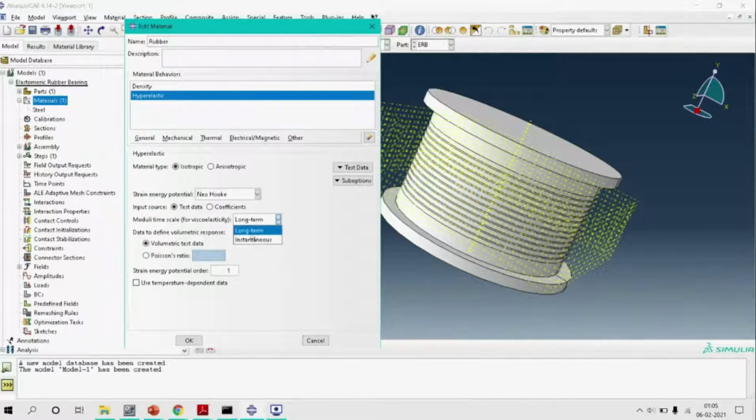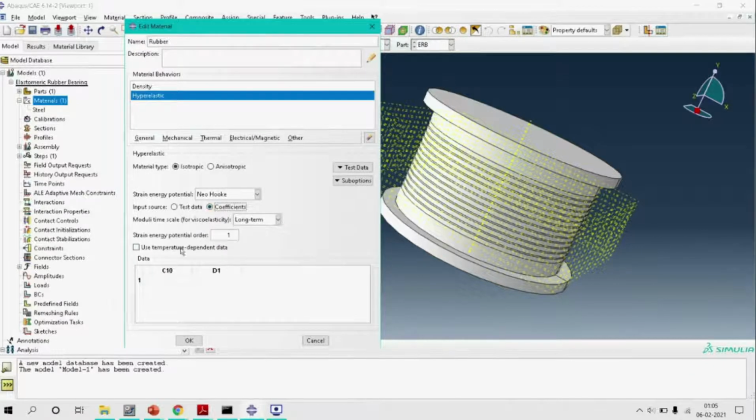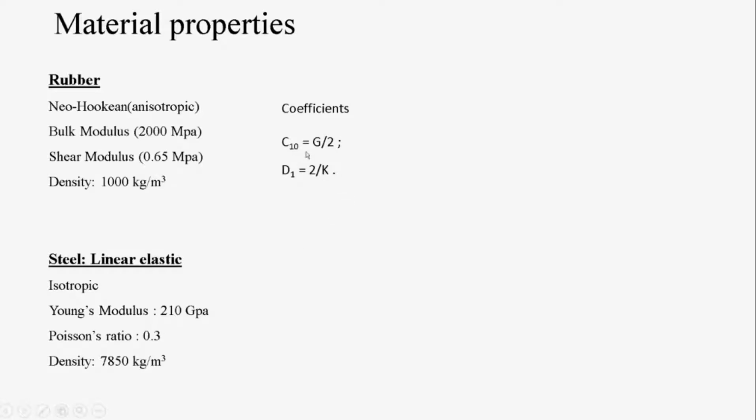And then we can go to the coefficients. Here it is asking for C10 and D1. So we can give C10 as G by 2, that is shear modulus by 2, that is 0.65 by 2. And D1 we have to take as 2 by K, that is 2 by 2000, that is 2 by 1000 into 10 to the power 6, that is 1 into 10 to the power minus 9.